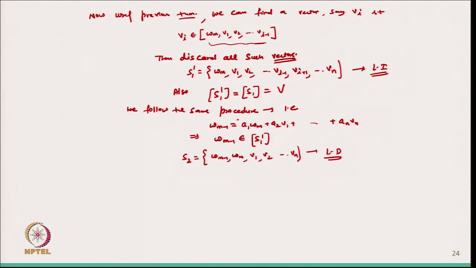So, if it is linearly dependent, then the same procedure can be followed, and I can write S 2 dash which contains the elements W m minus 1, maybe W m, V 1 and so on, such that this is linearly independent. The same procedure we have followed, removing the linearly dependent vectors. Okay, so this way we can follow maximum